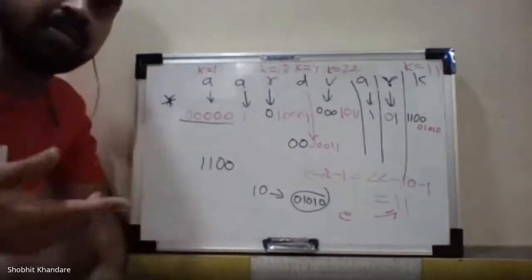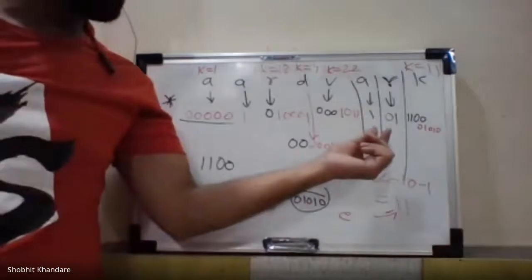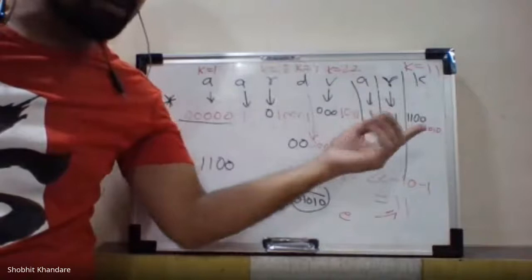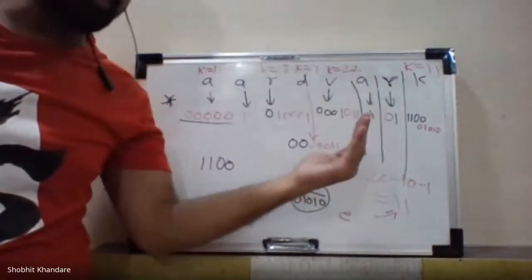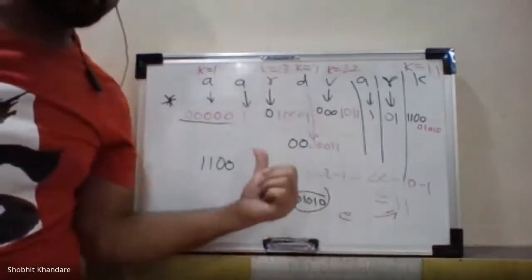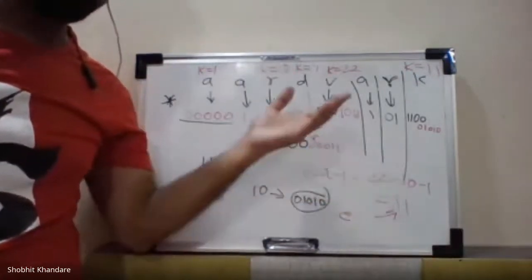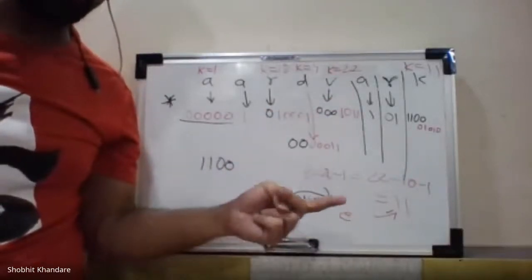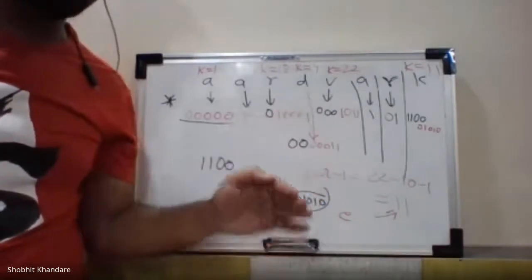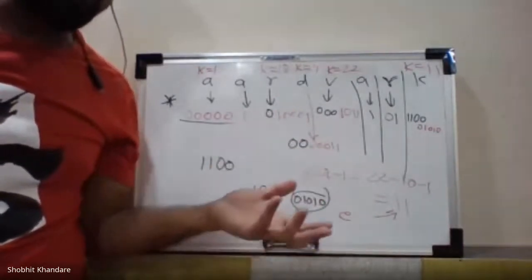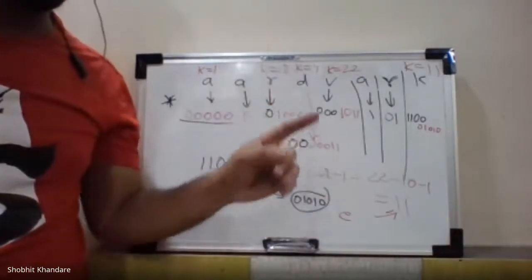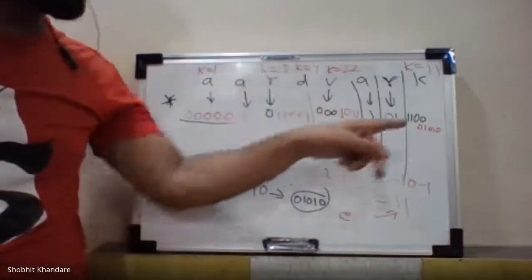So updating of the tree means again the same: whenever I am encoding the next symbol, before I encode the next symbol, you have to see whether the condition is satisfied for the previous updated tree. The condition is that your left hand side should be less than the right hand side. If that is possible for one swap or two swap or three swap, you do it, and once the condition is satisfied, that is the final tree which you have got. Use that tree to get the corresponding code for NYT and fixed code for that particular symbol.